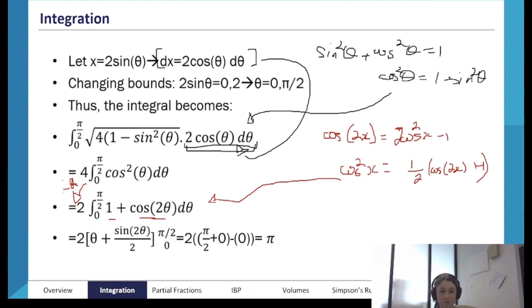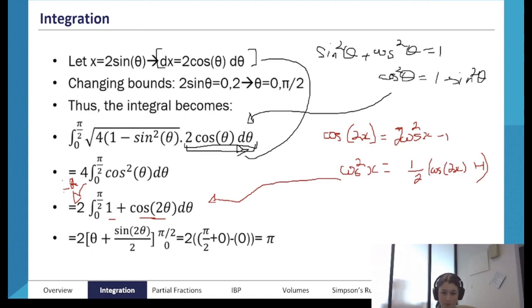So we're going to keep the 2 out the front. We've obviously integrated, so the integral of 1 with respect to theta is theta. The integral of cos 2 theta is going to be sine 2 theta divided by 2. You could use linear substitution here, but of course we just use the regular rule, which is that if you have,